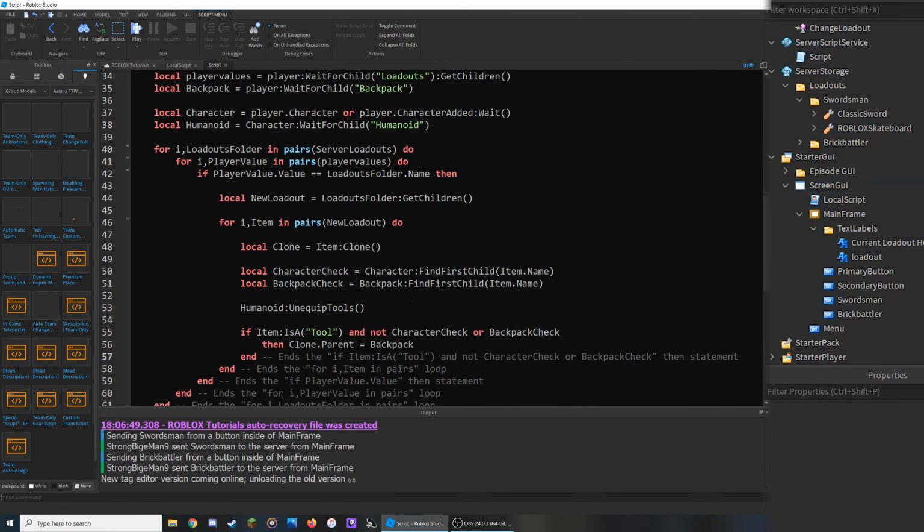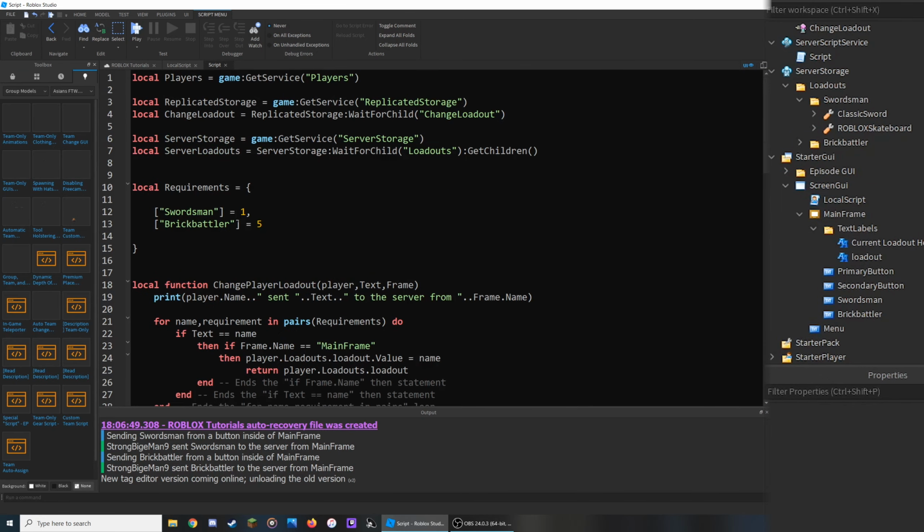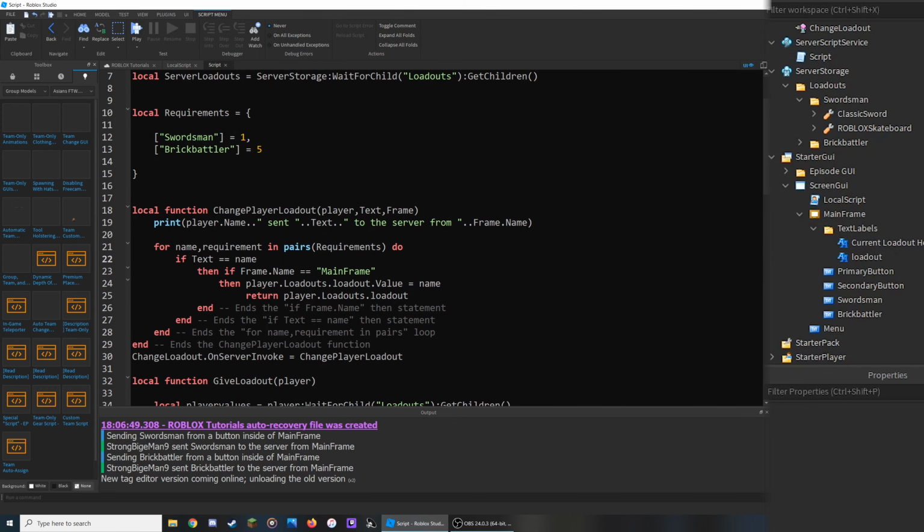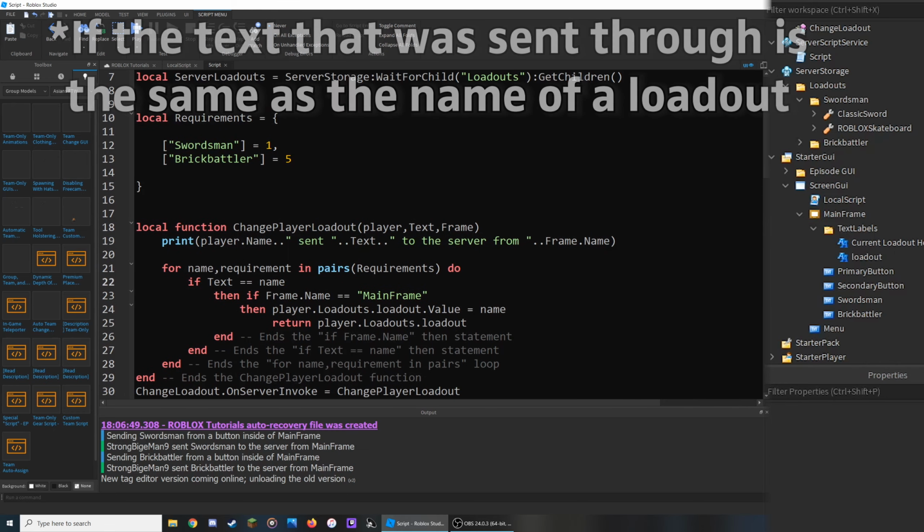So up here, I am going to go over onto this part. So requirements, remember, we could say level 1 is a requirement for the swordsman loadout and level 5 is a requirement for the Brick Battler loadout. So what I'm going to do is go down here. So if the text over here that was sent through to this function has the same as the name of the loadout and